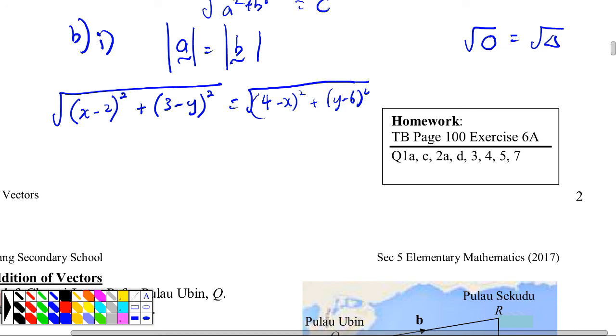This method, okay. So I have square root here. I want to remove it. What do I do? I square both sides. You understand? So square both sides means this. I can write a giant bracket, square it. Giant bracket, square it. And what happened in the next step? The square root